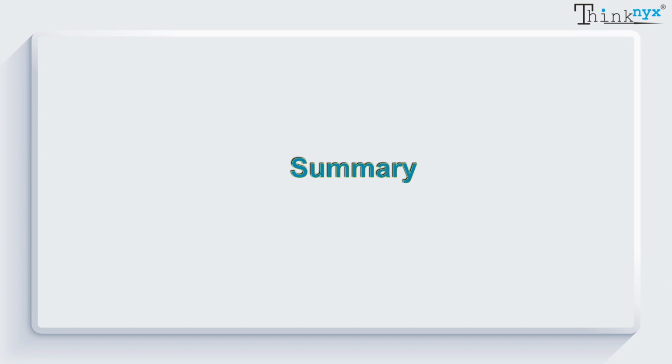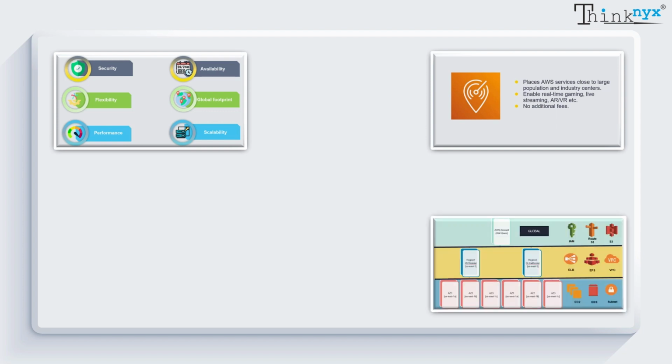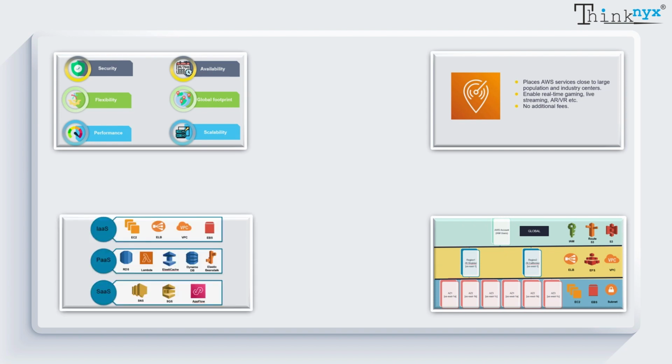With this, we have come to the end of the session. Let's see the highlights of the topics which we discussed. First, we discussed what is AWS and some of the features of AWS. Next, we understood what regions, availability zones, and local zones are. Post that, we understood AWS services with respect to their scope and accessibility. Later, we discussed AWS as an IaaS, PaaS, and SaaS service provider. And at the end, we had a small demo on creation of a simple EC2 server.